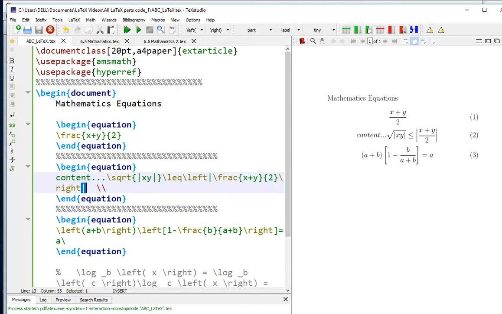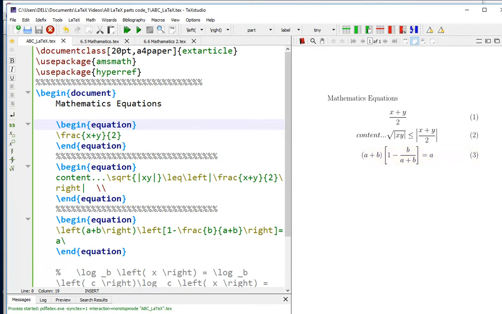Similarly, the third expression: you can see a plus b, on the right side is a curly brace, and on the left side is also a curly brace. Then it is a small bracket, and the left side is also a small bracket. Here on the left side you have a square bracket, and on the right side you have a square bracket. That is what \left and \right do. And within this, a fraction is used, so automatically b by a plus b, that is what you are seeing here, 1 minus this one. Now when you run it, you are seeing these equations.